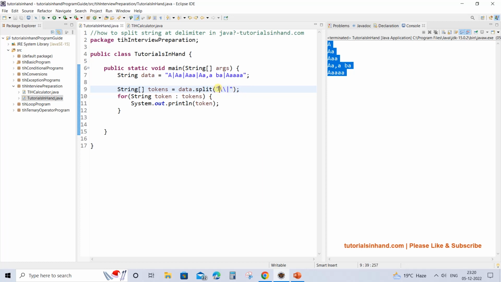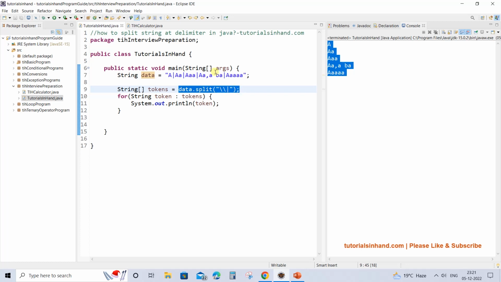At the same time, remember one thing. In some interviews, they ask what is the output given by this split method. Remember, it is not just a string, it is a string array which is returned by this method. Hope you have learned something here.